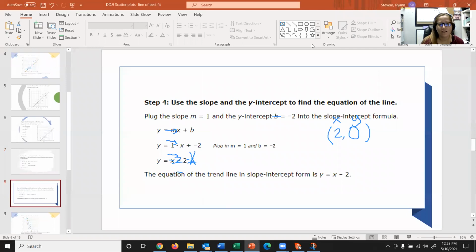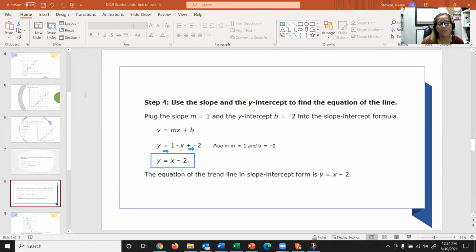Step number 4, use the slope and y-intercept to find the equation of the line. We want to plug in these numbers that we found into the slope-intercept formula to get our final answer. Okay, so the slope-intercept formula is y equals mx plus b. We know that our slope is 1. So our slope right here is going to be 1. And then we know that our b is -2. So our final answer of the slope-intercept formula of this line would be y is equal to x minus 2,